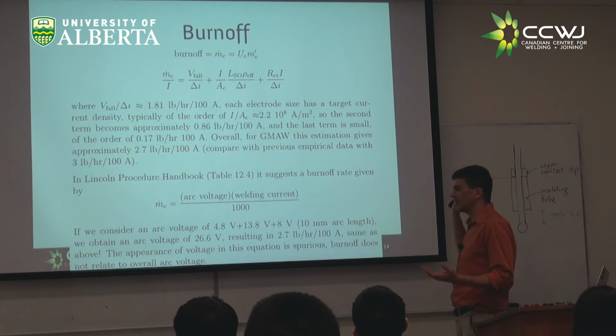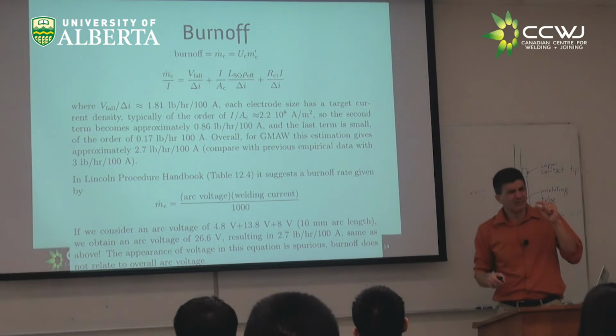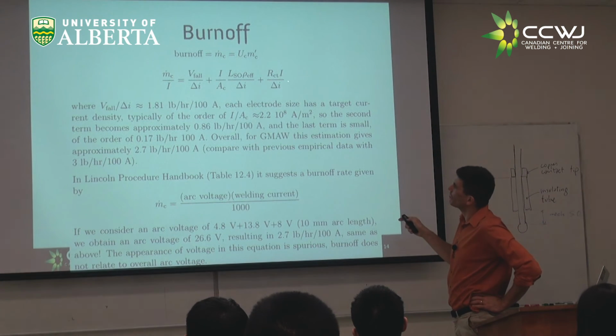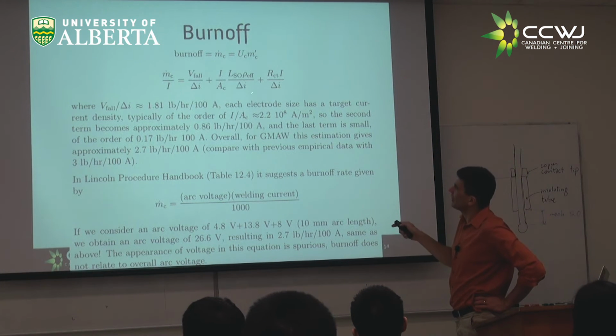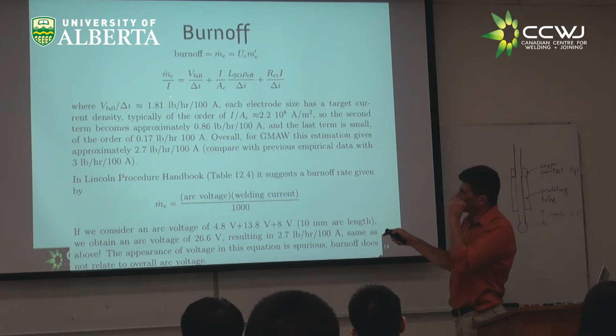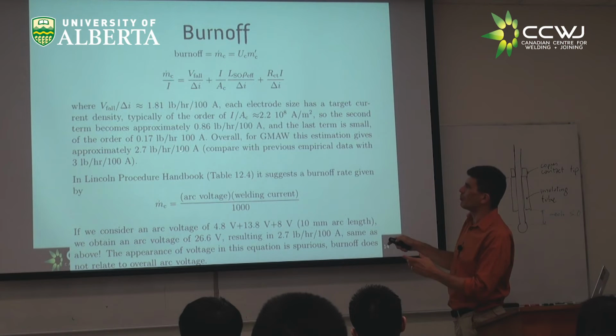But again, resistance of the contact tip is relatively small, right? And if you do this calculation, it gives you a constant with a small variation, you are going to end up calculating a number that is equivalent to 2.7 pounds an hour per 100